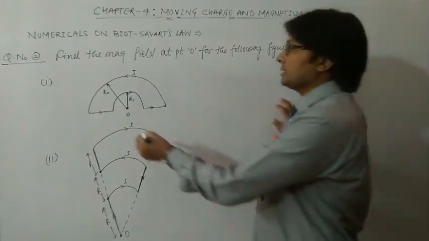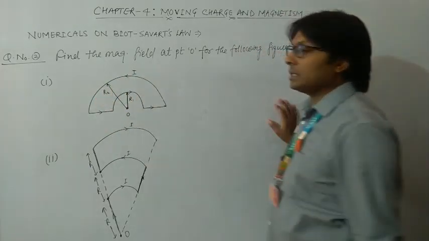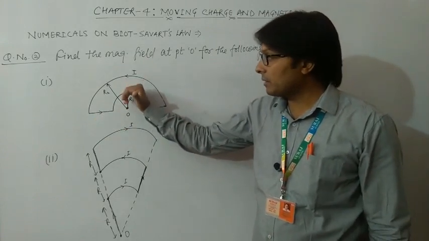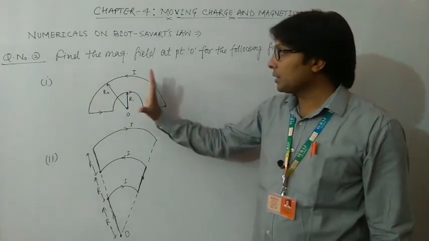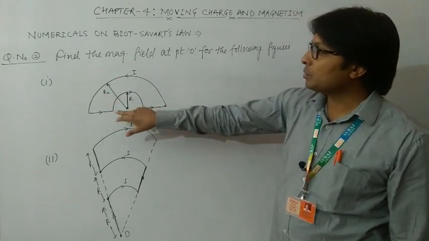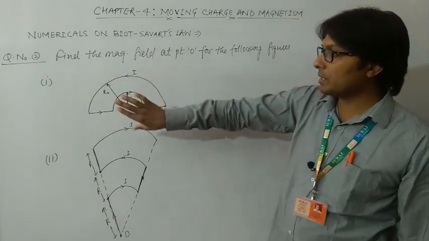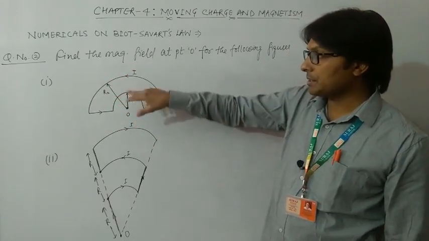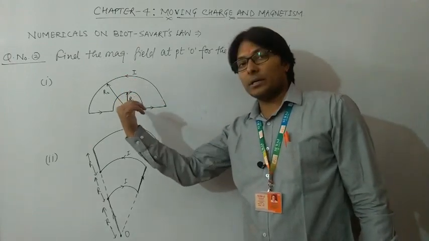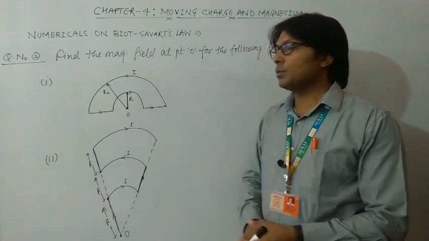and you can see from this figure that this is a semicircular loop in which the current flowing is in clockwise direction. So the magnetic field will be perpendicularly outward due to this bigger loop having radius r2, and due to this smaller semicircular loop, the current flowing is opposite direction to this outer loop. So the magnetic field will be perpendicularly downward. So the net magnetic field will be the difference of these two magnetic fields.